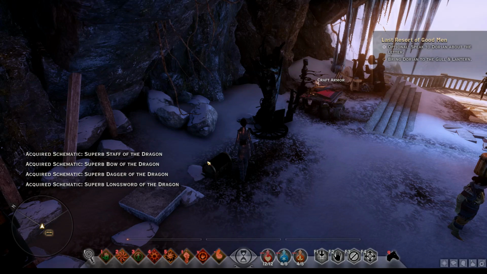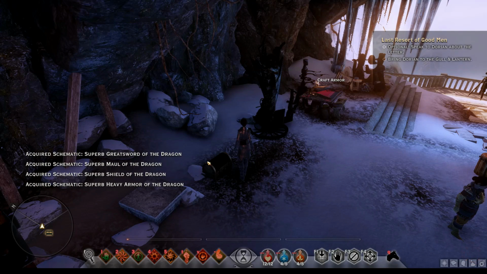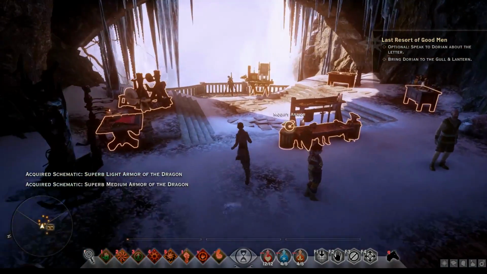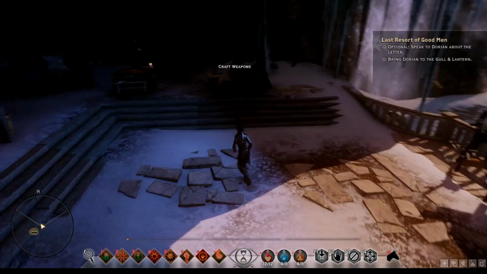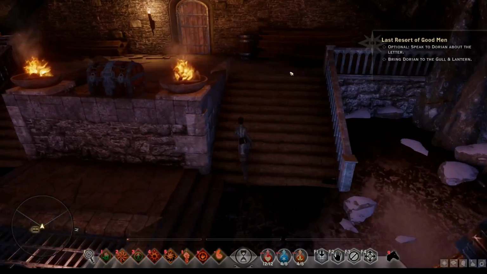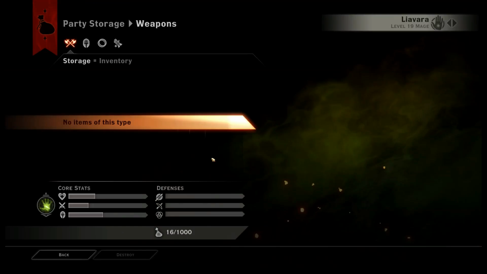I guess we also have stuff from... Oh, schematics, okay. Yeah, so we can make, like, tier 3 dragon-looking stuff. Cool. Alright. But what I really want is, is there not a requisitions table here? We might actually have to go to an actual zone first. Alright, well let's